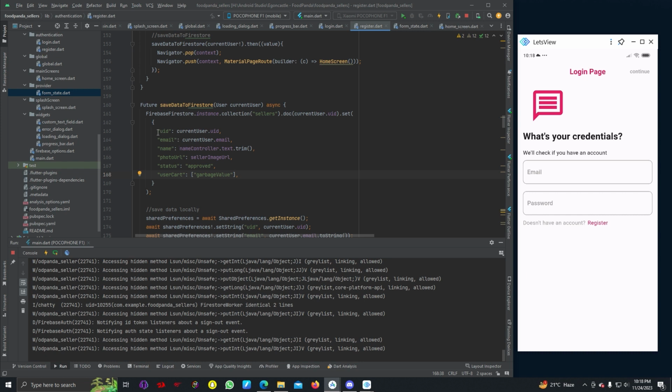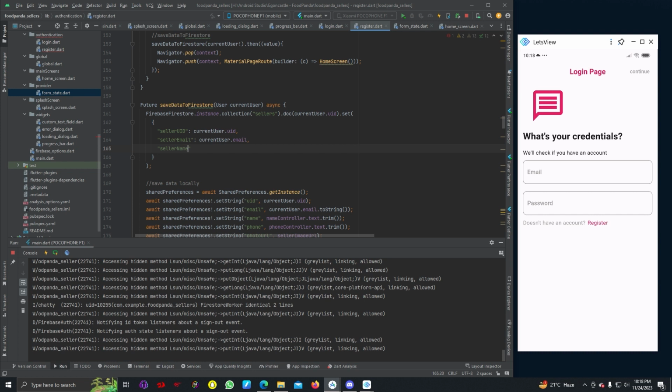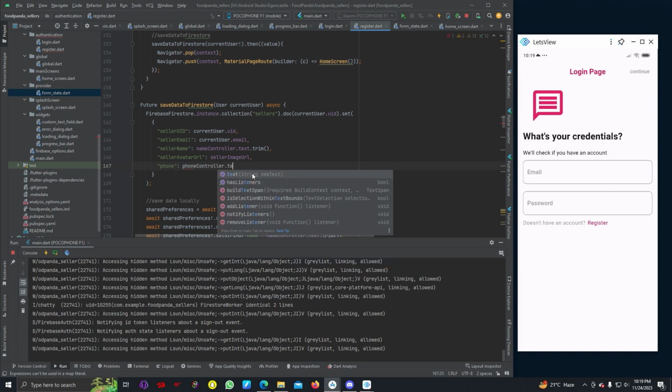So instead of, you can just remove these ones, and you can write seller uid current user dot uid, then seller email current user dot email, seller name controller dot text dot trim, then seller avatar URL, seller image URL, then phone controller dot text dot trim,